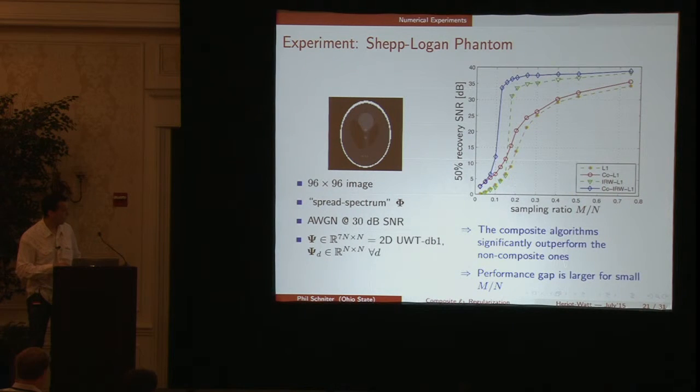Okay. And what we're going to do is split this up into 7 sub-dictionaries, and each one is going to be square. So when we run the L1 and iteratively reweighted L1, that's just going to use this big dictionary psi, but then our composite algorithms will look at each of these 7 sub-dictionaries and adjust the weights on them. And what you see is the phase transition is much, much better. So we get a huge gain in terms of being able to recover high-quality images from just a few